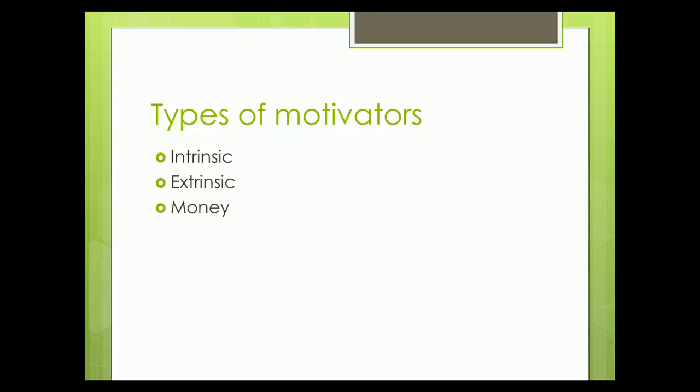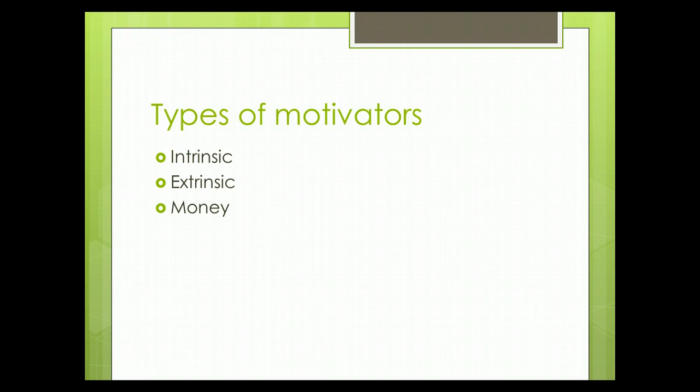So when we talk about types of motivators, we can have an intrinsic motivator. Intrinsic motivators are inner influences that cause a person to act. So my intrinsic motivators are my personality, my emotions, my personal motives, goals, or expectations for myself, and my personal needs, things that I need. And we'll talk a little bit about needs later. So those are intrinsic motivators. They come from inside of me. It has nothing to do with my environment.